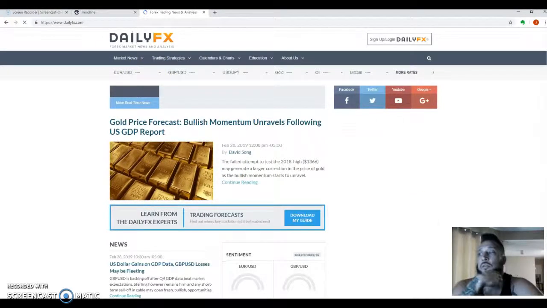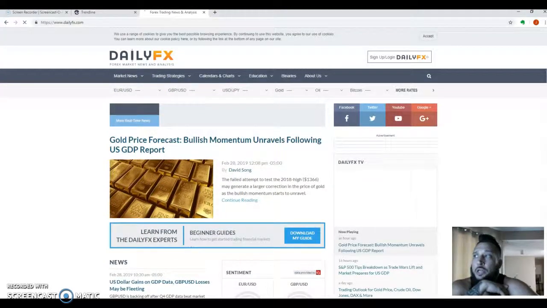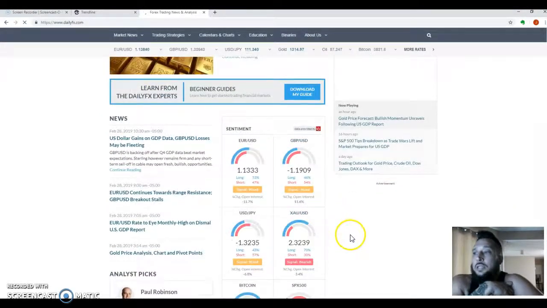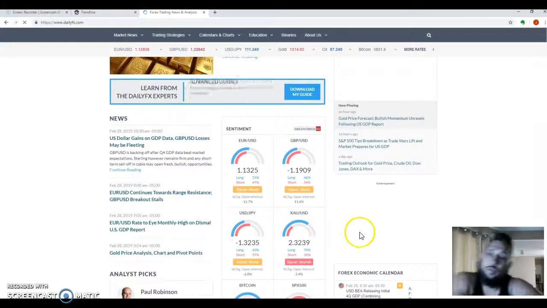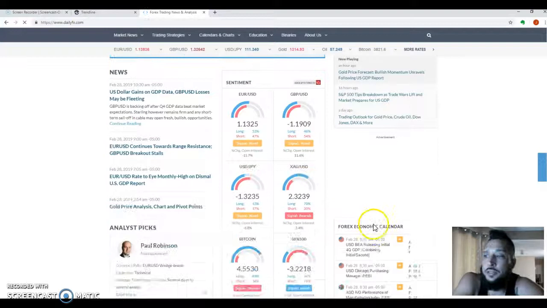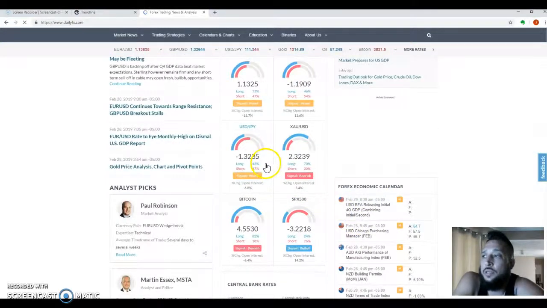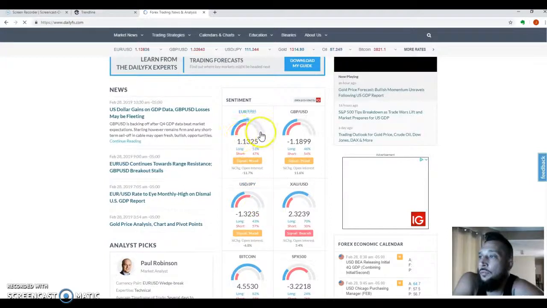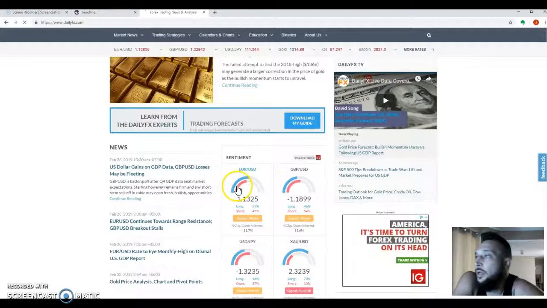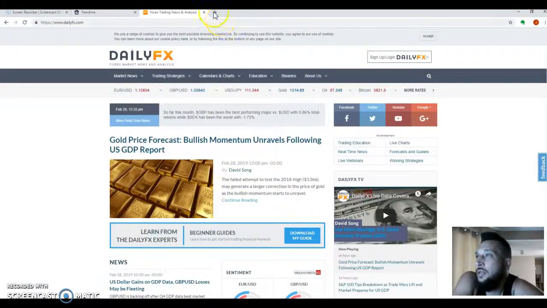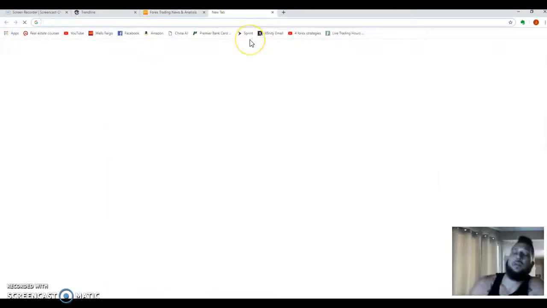This has a lot of good information on it, and they're on our side. It's not just the banks putting out bogus information for us to look at. But yeah, I like this. I like they have IG sentiment. It basically shows you where everybody's going. You're looking for all the way in one direction would be nice. But anyways, yeah, Investopedia, Daily FX, and then